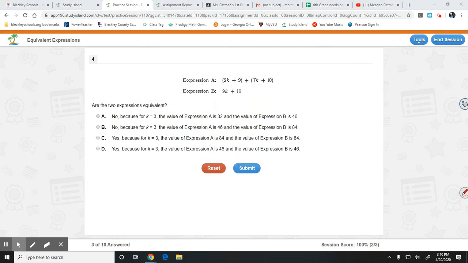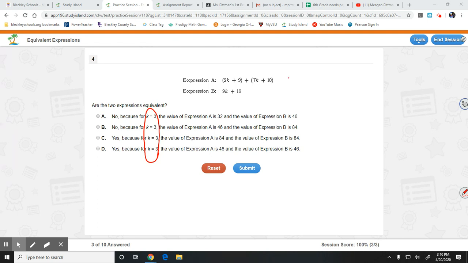All right. Are the two expressions equivalent? We've got, in parentheses, 2k plus 9, plus 7k plus 10, and then we've got 9k plus 19. So we're going to simplify these and see if they are equivalent. Okay? So all of our answer choices, if we look, have us plugging in 3 for k. So let's see if we do that. If we substitute